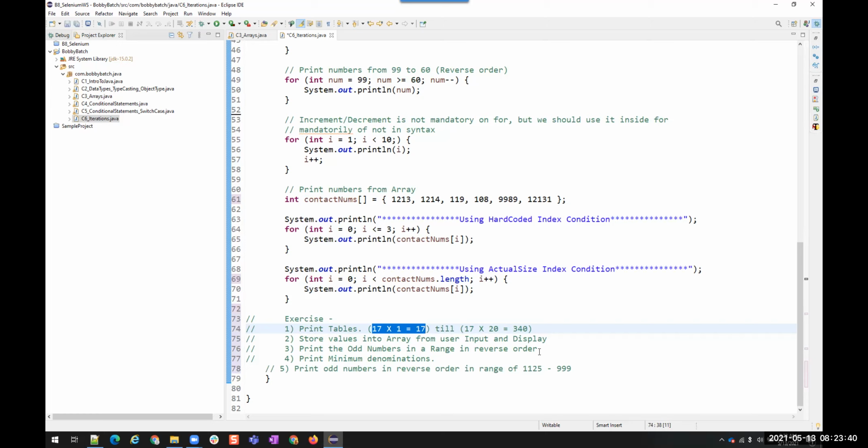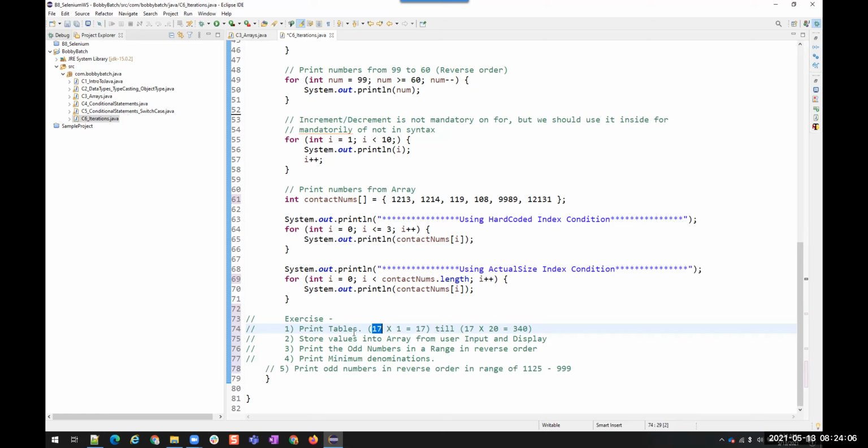Okay. 17th table. Any table, you have to take this number as an input from the user. Tomorrow I might tell 20 or 21 or 99 or 109 or 1001. It's up to you. You have to take that input value from the console, and whatever number is entered by the user, we have to use that number and print that number's table.